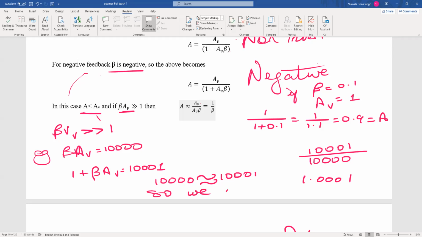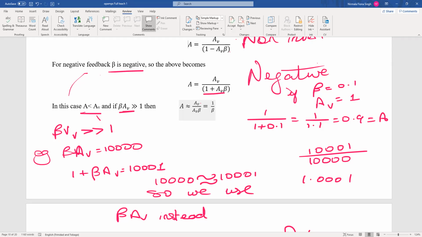So we use beta AV instead. So we can say, when beta AV is much greater than 1, which is almost all of the time, because the gain of your amplifier is supposed to be about 10,000,